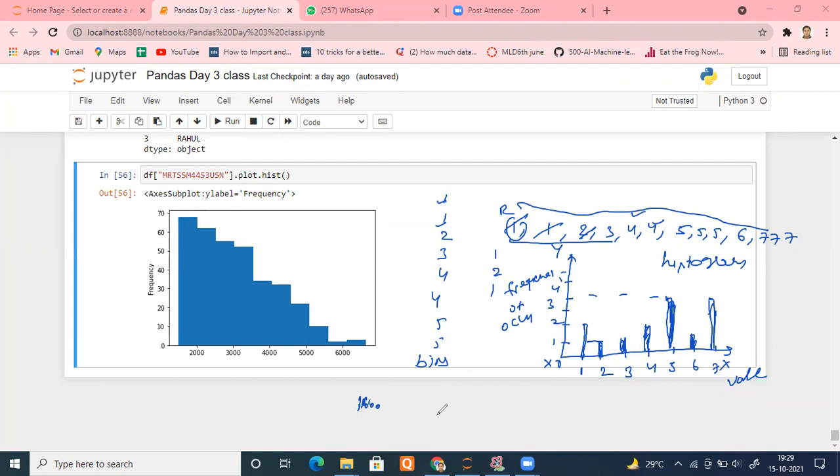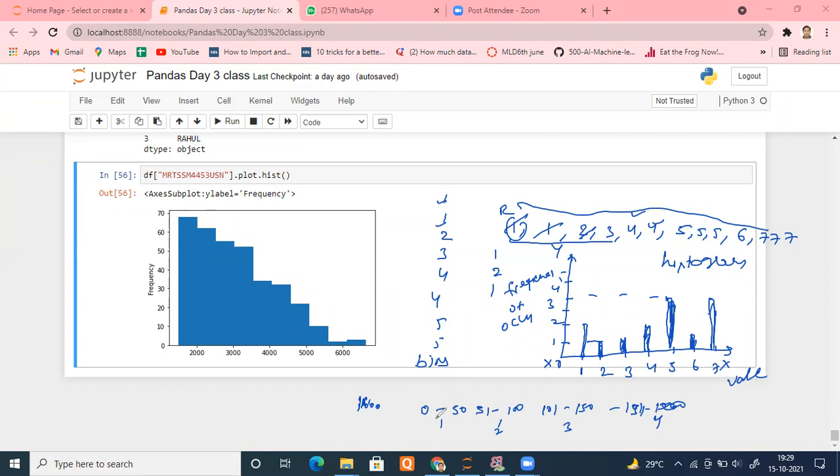So I will group numbers 0 to 50 in one category, 51 to 100 in a second category, bin 1, bin 2, 101 to 150 third bin, 151 to 200 fourth bin.